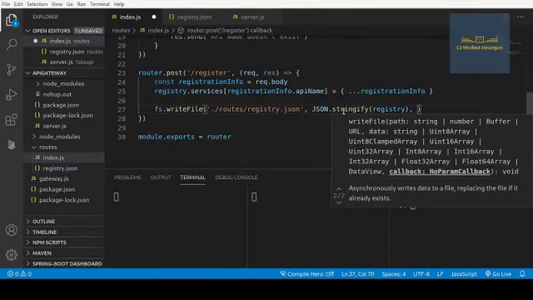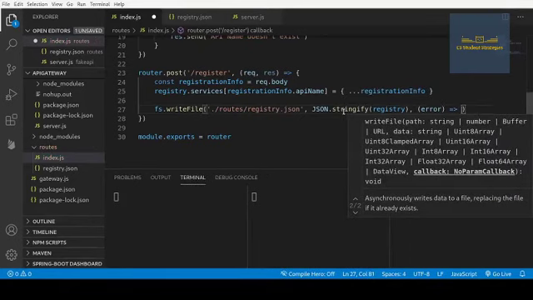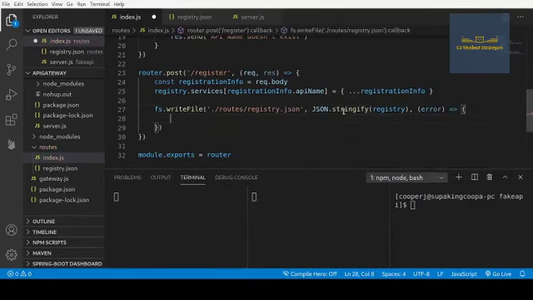All right, so that object will be turned into a string and written to the file. The last parameter that is taken is the callback. So it's going to have an error as a parameter, and this error is letting us know if there was an error when it was trying to write. So we will handle this by saying if error,